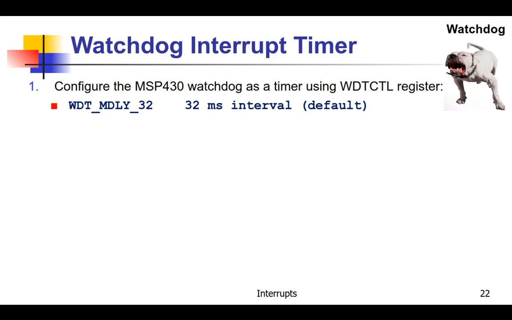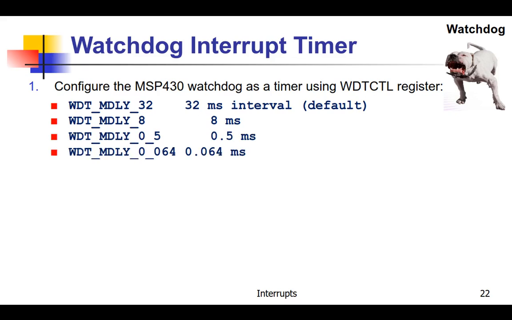You can do 32 milliseconds, which is WDT_MDLY_32, or you can use WDT_MDLY_8 for 8 milliseconds, or WDT_MDLY_0_5 for 0.5 milliseconds, or WDT_MDLY_0_064 for 0.064 milliseconds delay. You need to write a watchdog interrupt service routine, and it needs to be callee safe,